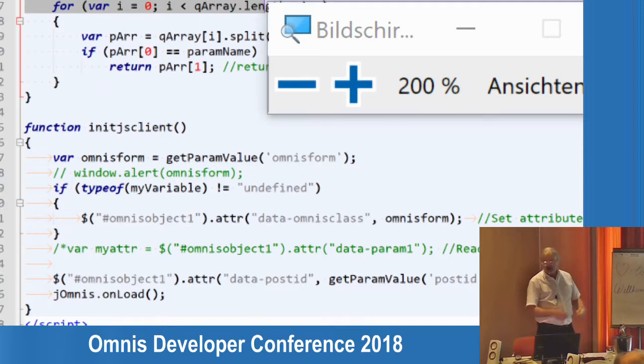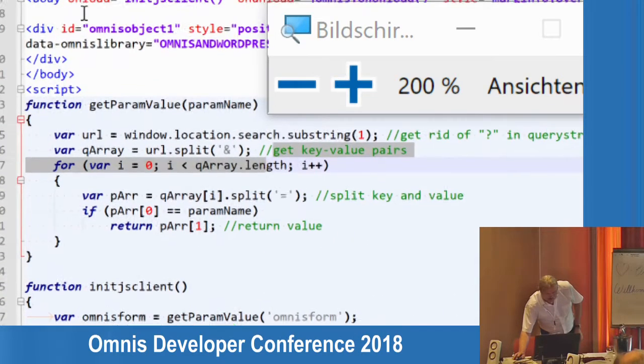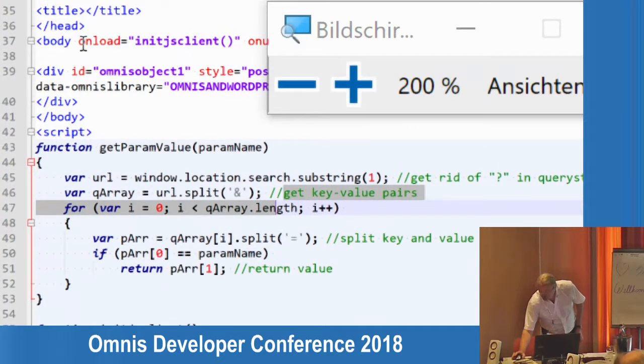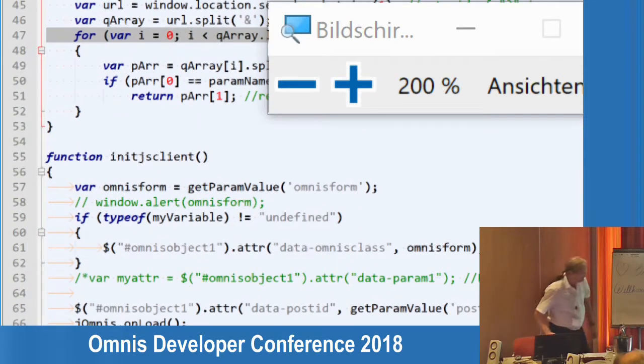So getParamValue will query the parameters passed to this HTML form, and here you just call getParamValue on this form, and if it's not empty, if it's not undefined, it will, with the jQuery function, which usually starts with a $,